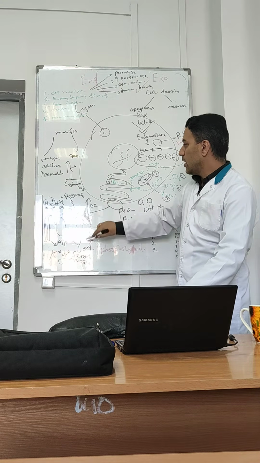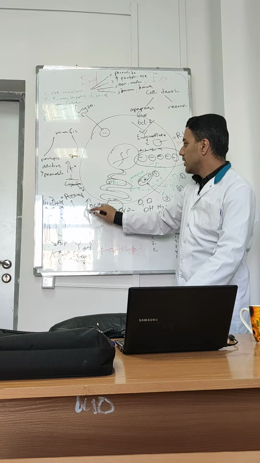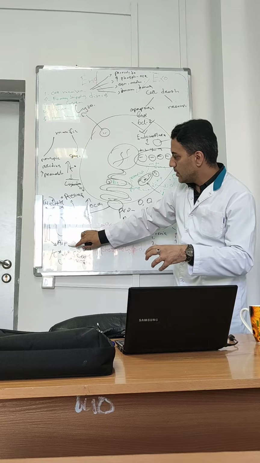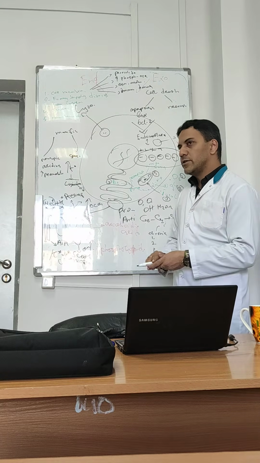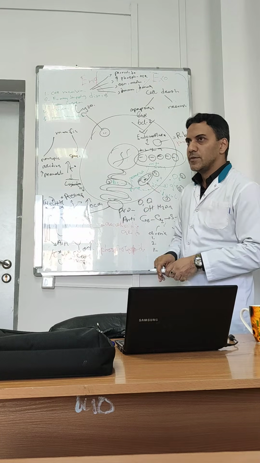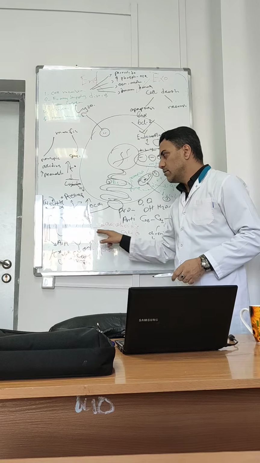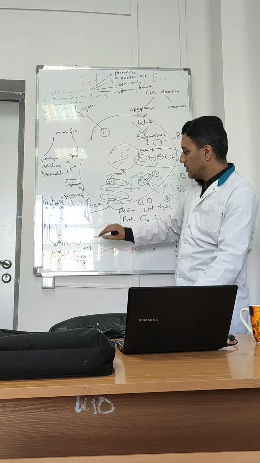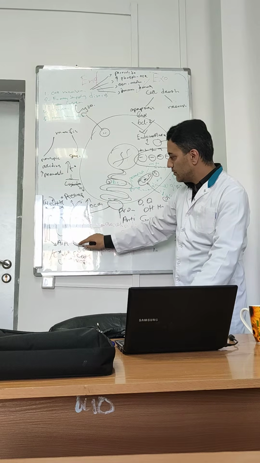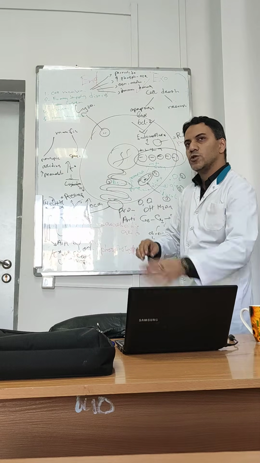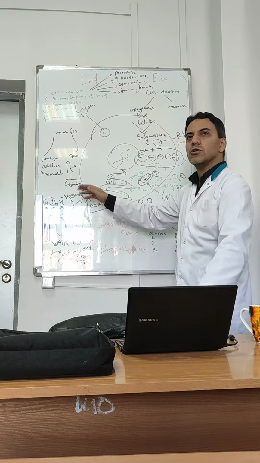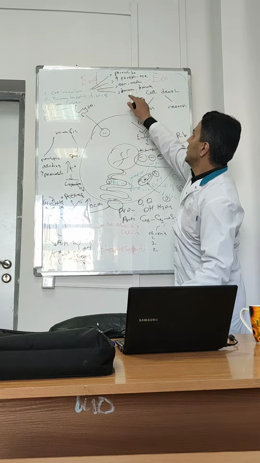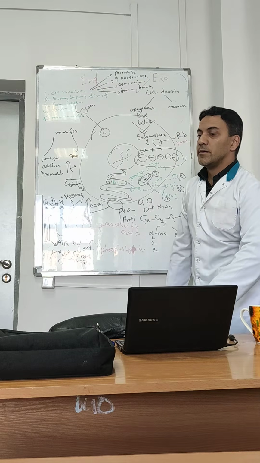If the osmotic pressure outside the cell is high, the water will be shifted from inside the cell to outside, and the cell will shrink. It will cause membrane damage. The opposite, if the osmotic pressure is high inside the cell, the water will go inside and the cell will swell, and it also causes membrane damage. This is what osmotic damage means.